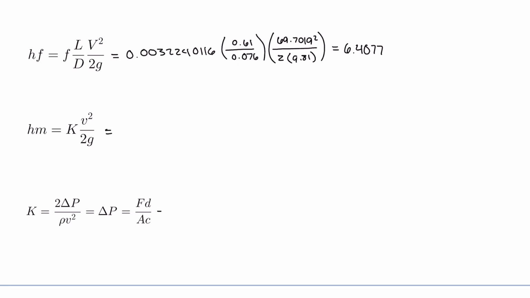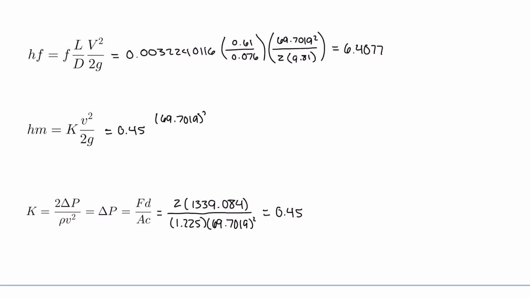Now we're going to calculate the K constant for the minor head loss. Doing this, we're going to take 2 times the change in pressure over the density times the velocity squared. This is going to give us 0.45. We're going to take the 0.45 and multiply that by the velocity squared over 2 times the gravitational acceleration of 9.81, and that is going to give us a resulting minor head loss of